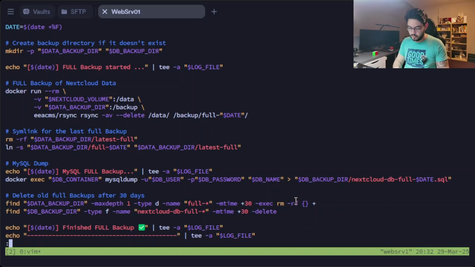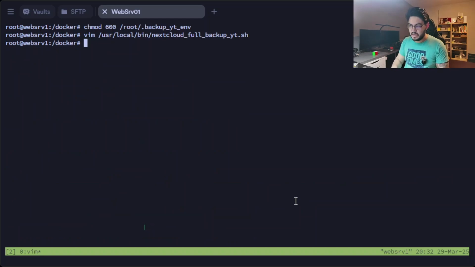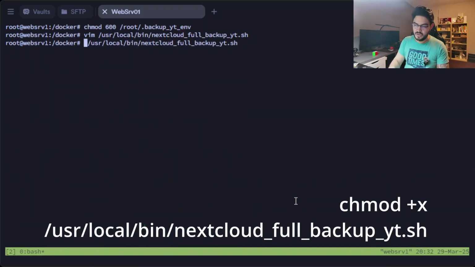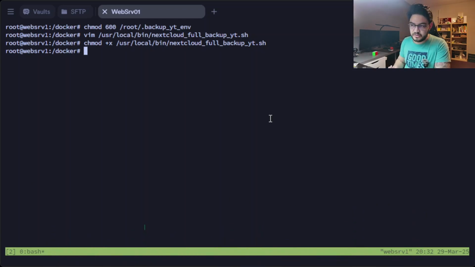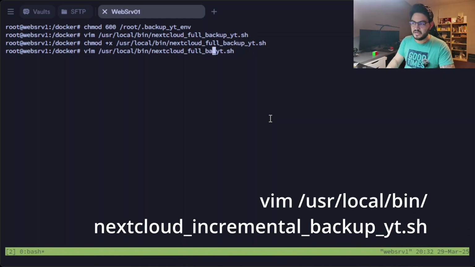Once we're done here, we can save this, and then we need to make this file executable with chmod. We just do plus x, and now it's an executable script. So that was the first script for our full backup, and now we can write our script for our incremental backup. For that, we're just going to use